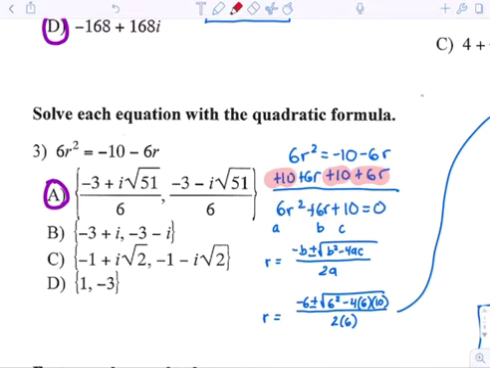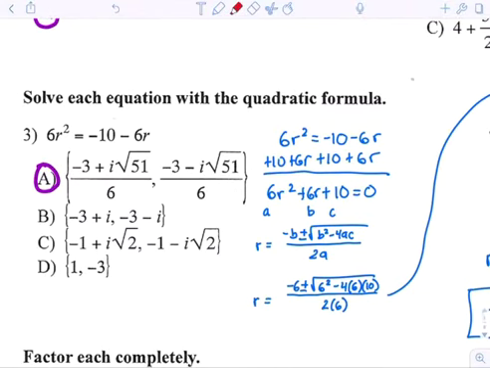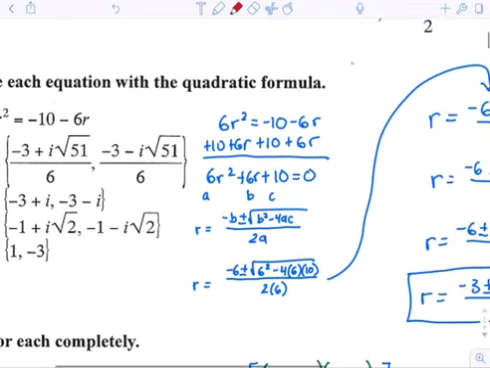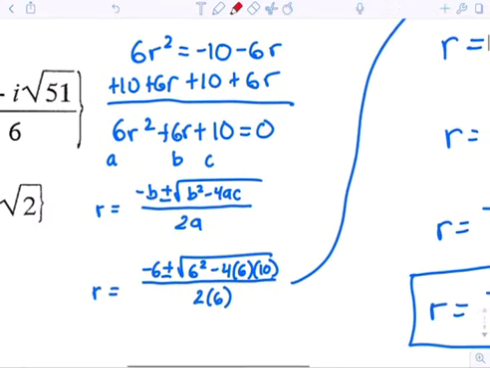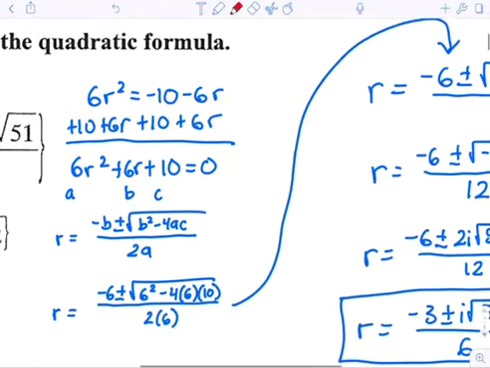Then, once you guys put everything on the left, I labeled this as my A value, this one as my B, and this one as my C. And then, good old quadratic formula. -b plus or minus the square root of b squared minus 4ac all over 2a. Substitute all my a's, b's, and c's into the formula. And then, once you guys do that,